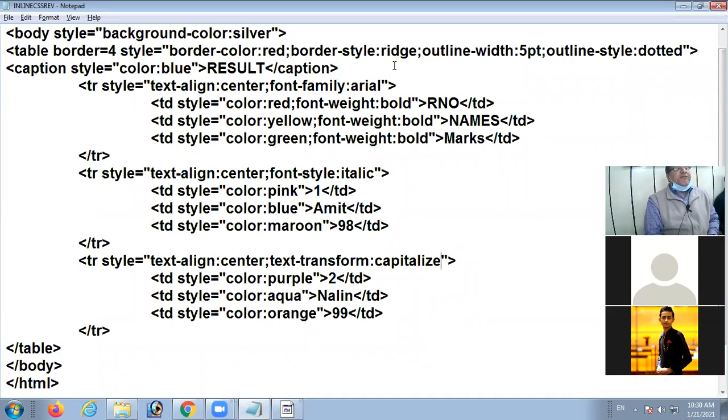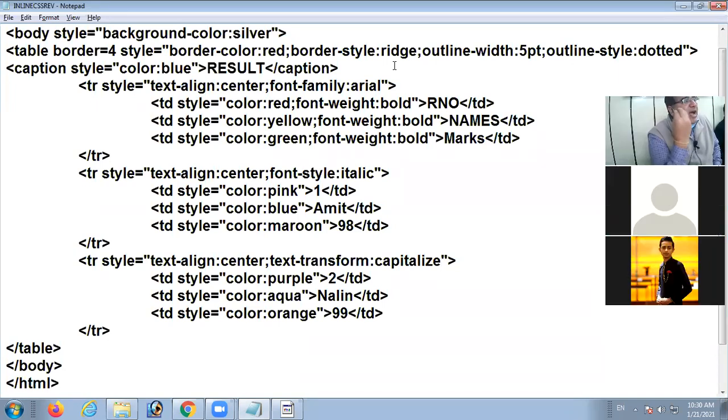But what if I want that you should take height and width via CSS? Which property is available in CSS using which you can apply height and width to your table? Don't worry, it is the direct height and width property.